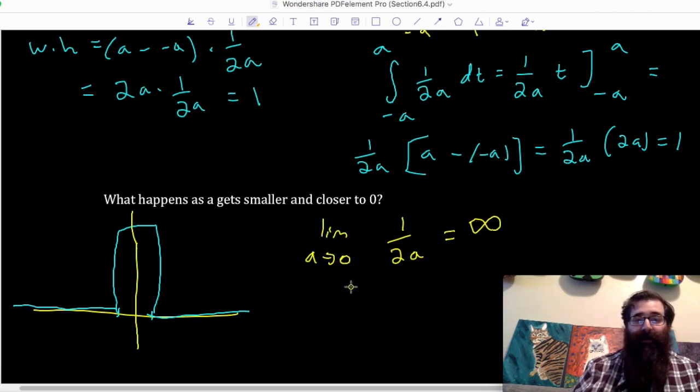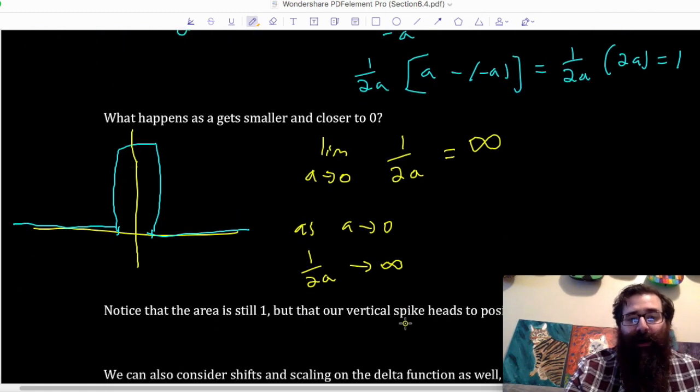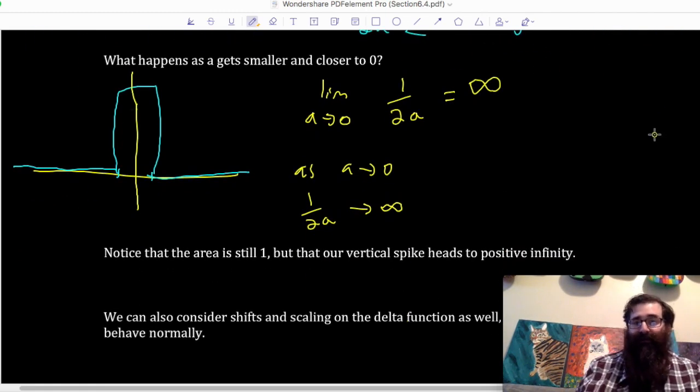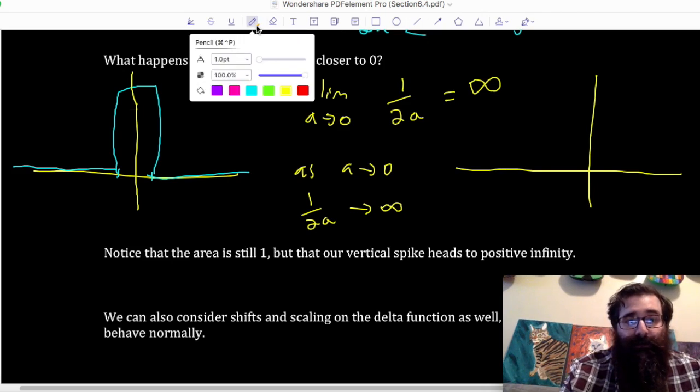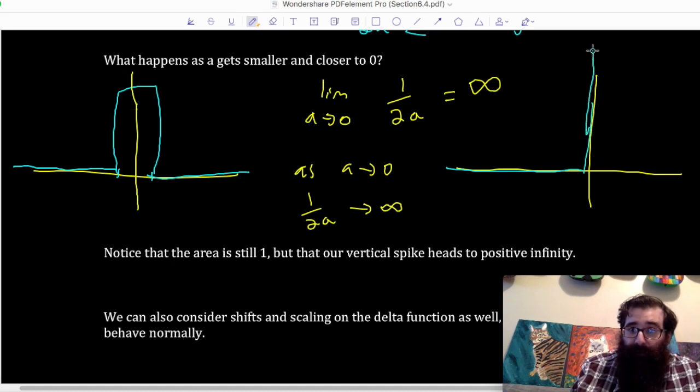So we'd be able to say that as a goes to 0, 1 over 2a goes to infinity. And we could continue this on and on and on. We would say, well, if I want to get even closer to that vertical axis, well, to compensate for that, I would need this much higher